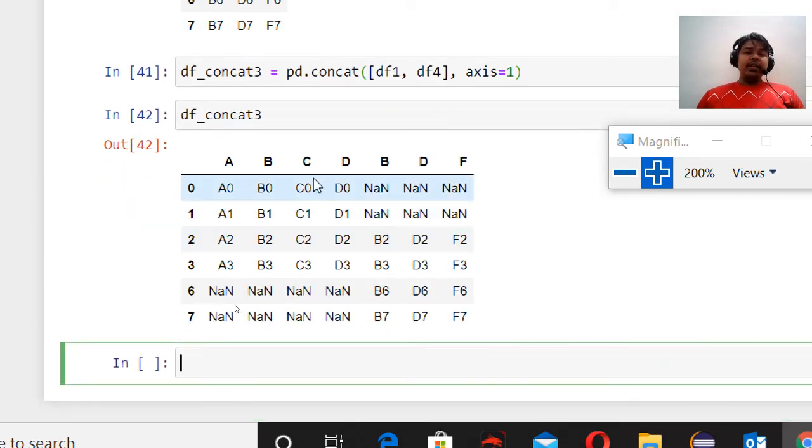So all those indexes which are common in both data frames have created a complete combination of rows, like 2 and 3, because 2 and 3 are the row indexes which are common in data frame 1 and data frame 4. But in data frame 1 you have 0 and 1, while in data frame 4 there is no 0 and 1. So that's why Python has assigned the values NaN. In the same way, in data frame 4 you have index numbers 6 and 7, but these are not present in data frame 1. So that's why Python has given it a NaN value.